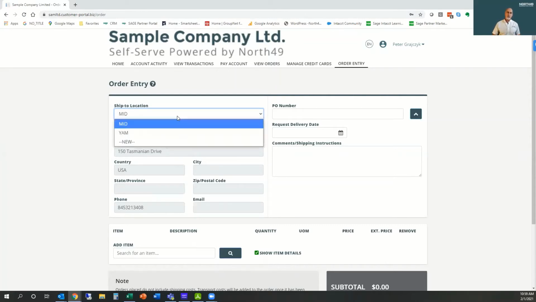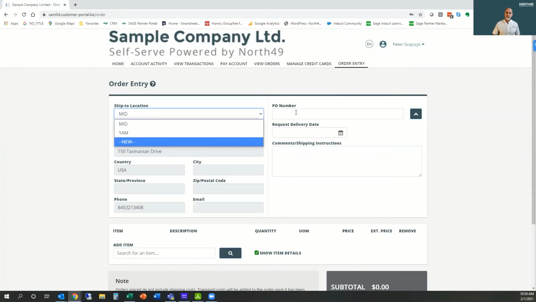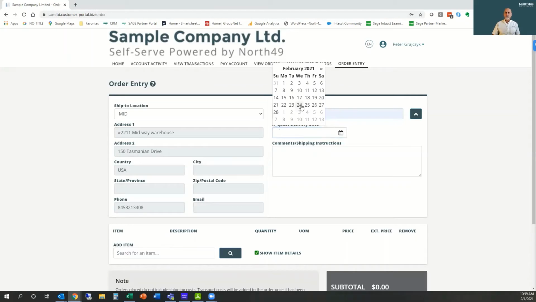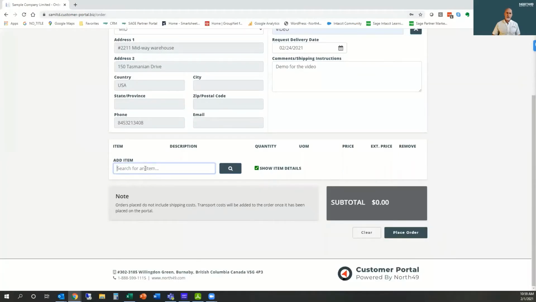So in my case, I'm going to go with an existing location. I'm going to enter a PO here called video, and possibly even request a delivery date of the 24th. And let's do some comments here. This is the demo for the video. Now I move down to enter the item information, and I have this field here, and I will start to